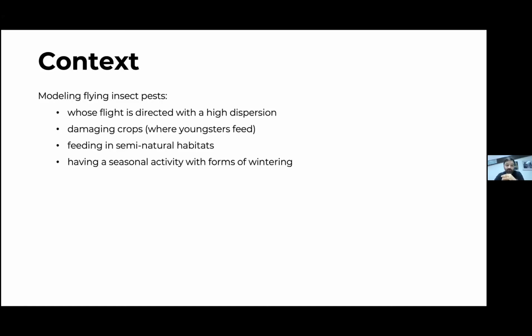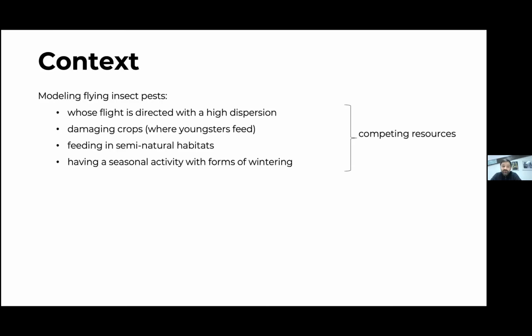We are looking at a flying insect that creates damage on crops. It also has some feeding places and a seasonal activity, depending mainly on climate. So this has to be seen in the insect movement as a competing resource. Why will the insect choose to fly, why is it so damaging, why will